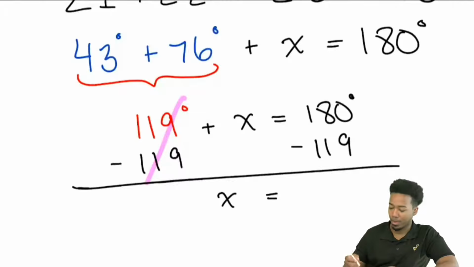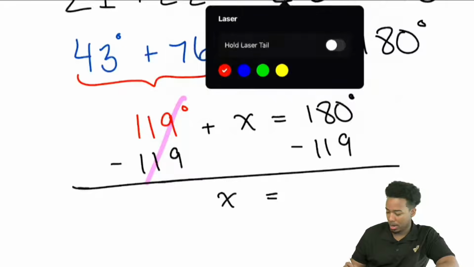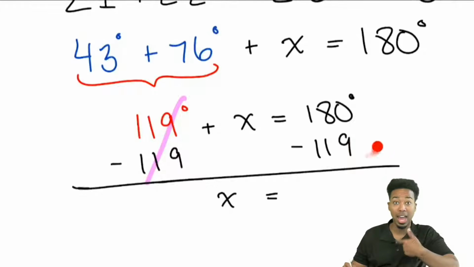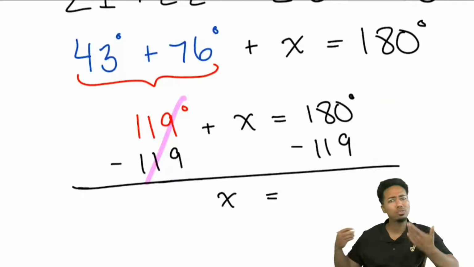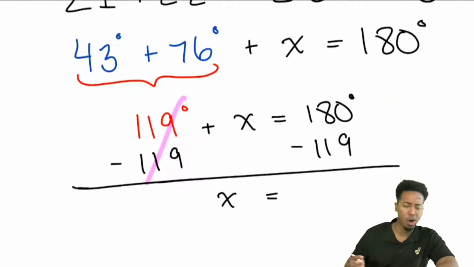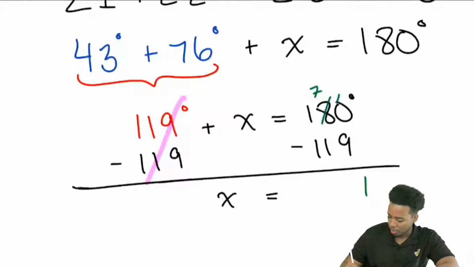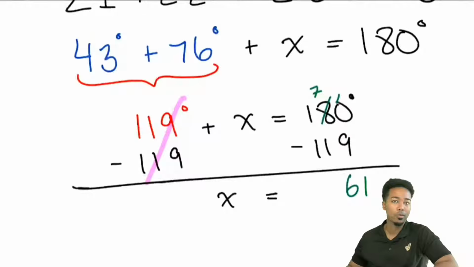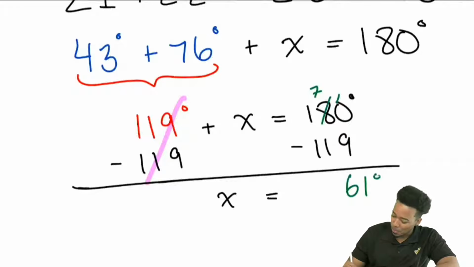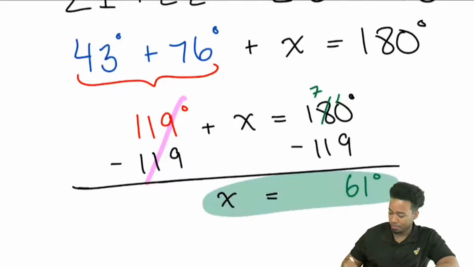Yeah, and if you're using some mental math, I can go ahead and say, hey, look, 119 is really close to 120, so just add 1. Then from 120 to 180, that's 60. So if I go up 1, then go up 60, 61. Or you can do the traditional way, taking a little longer and saying, okay, I got to go ahead and borrow 10 minus 9. That's going to be 1. 7 minus 6, or 7 minus 1 is 6. Yeah, you can do it whatever way you want. It's all good. But either way, you're going to see that missing angle is 61 degrees.